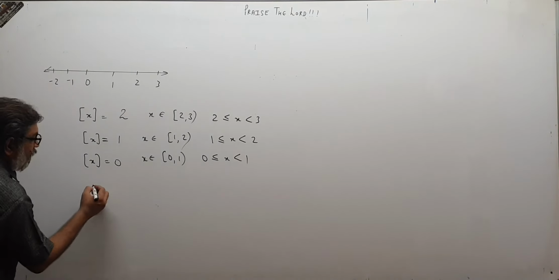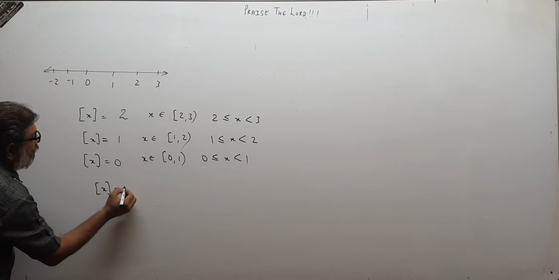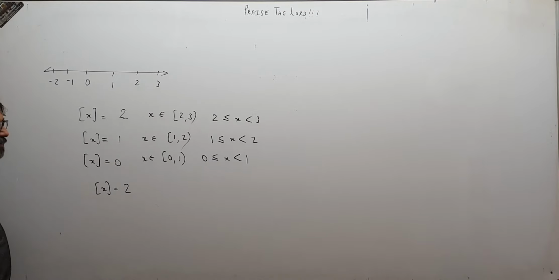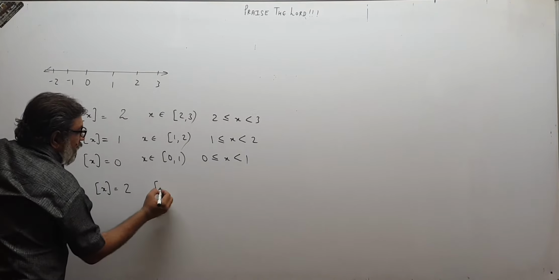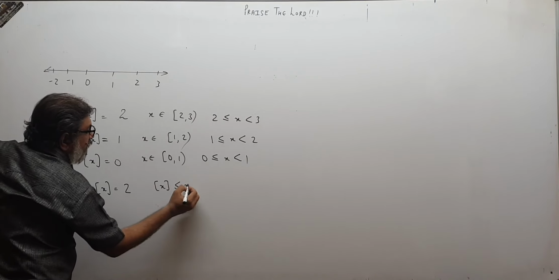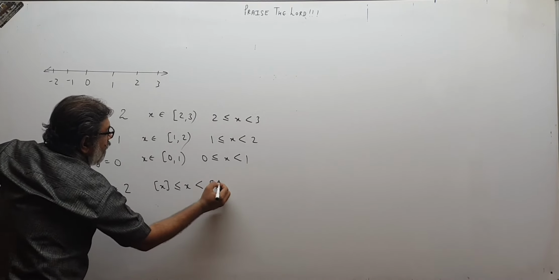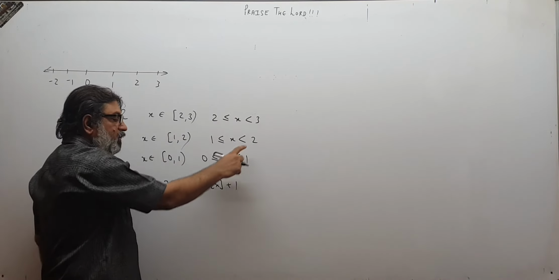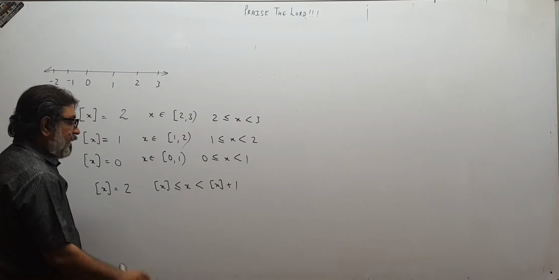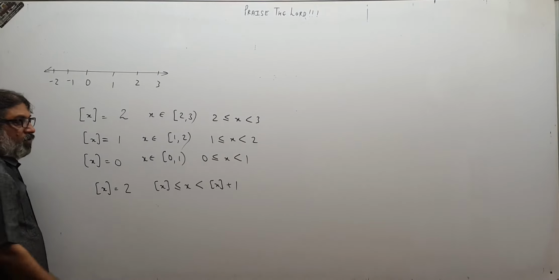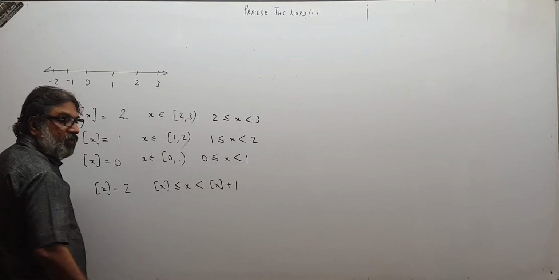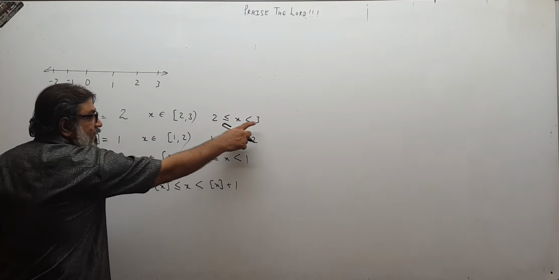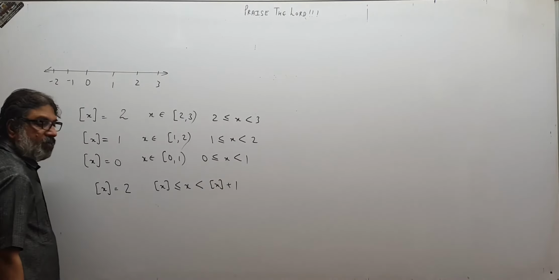So again if I write over here, integer part of x is 2, this thing I am writing again. So 2 means what? Integer part of x less than equal to x less than integer part of x plus 1. Can I write like this? 3 means 2 plus 1. 2 means what? Integer part of x. Integer part of x is 2. So instead of 2 I write integer part of x. That is okay. And 3 I write as 2 plus 1. 2 means integer part of x.